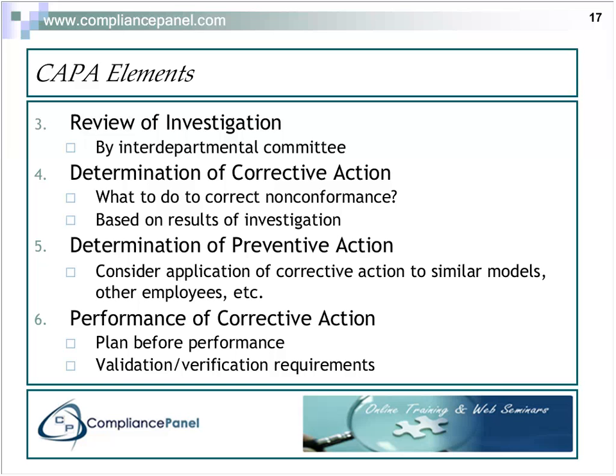Again, as I mentioned previously, the corrective action has to be planned before it's performed, with contingencies if necessary. And you need to set forth what your validation or verification requirements are with regard to the corrective action. What requirements need to be met, how many products you're going to use for the validation. Verifying your corrective action on one product is insufficient. Your corrective action plan needs to talk about what you're going to do, and how many products you're going to test this new recommended process or design on.